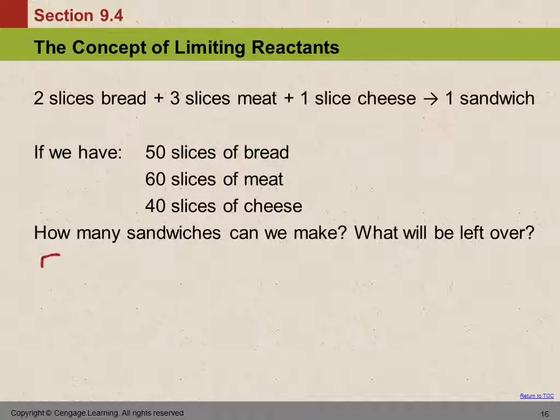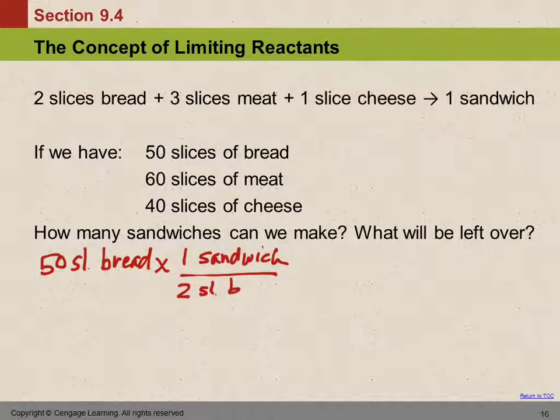So if we have 50 slices of bread, how many sandwiches can we make? Well, we get 1 sandwich for every 2 pieces of bread, right? So 1 sandwich per 2 slices of bread. So we could make 25 sandwiches if we have enough of the other ingredients. These words are way too long. 25 sandwiches. Okay. So if we have 60 slices of meat,